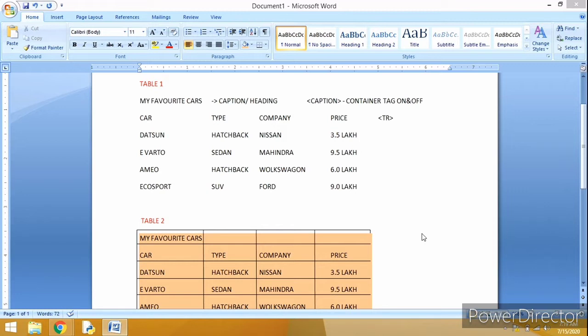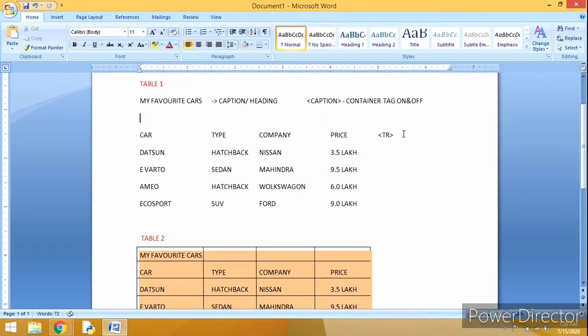So now once again I'm telling you about the container. Container tags are those tags which require the on and off tag. On tag is your caption. When we talk about the off tag, it is a slash with caption.